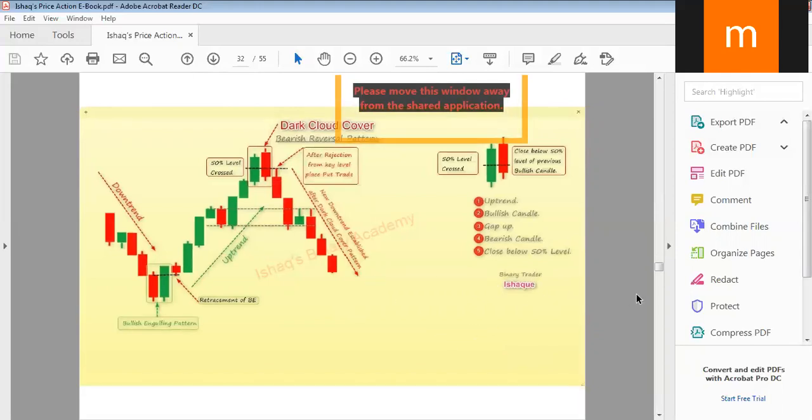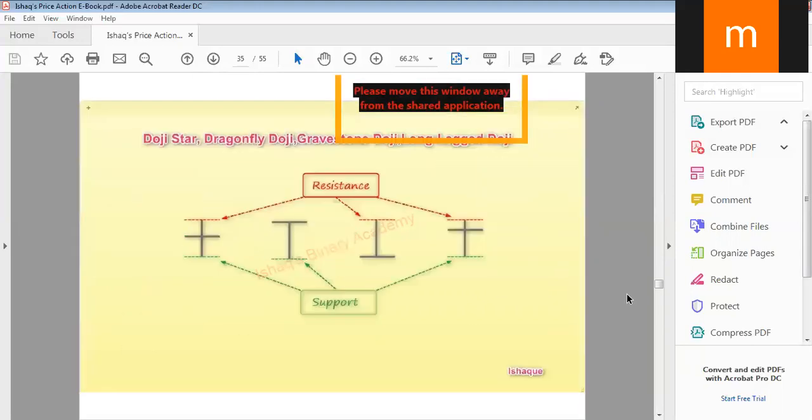So these are the trades, and after that, the dark cloud cover is the same as a piercing line. These dojis are also reliable. So these carry a lot of value in trading. The doji is a very strong character in our trading platform. If you find any doji, it gives us a lot of information about the trading. So after a doji, how can we trade? Follow the doji, follow the trend.